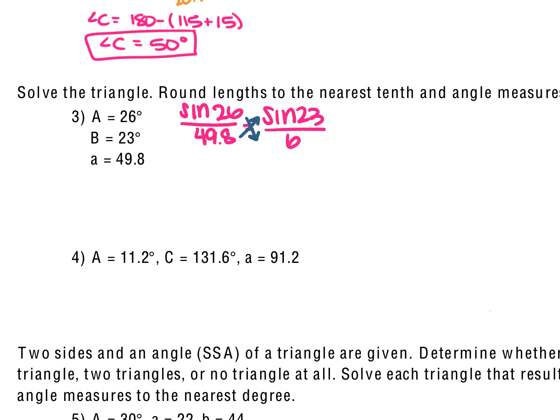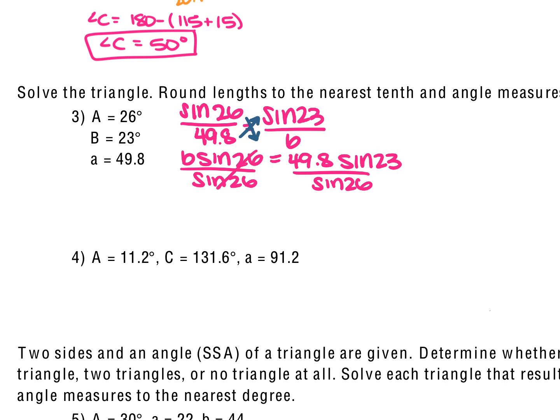Cross multiply here. This is going to give us B times the sine of 26 is equal to 49.8 sine 23. Divide each side by the sine of 26 and use your calculator. So you're going to have 49.8 times the sine of 23 over sine 26, and that's 44.4